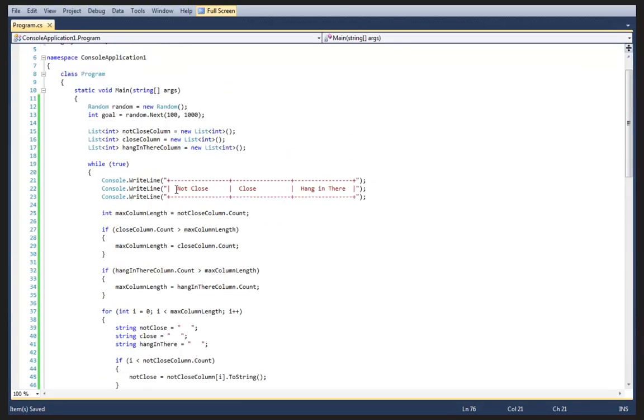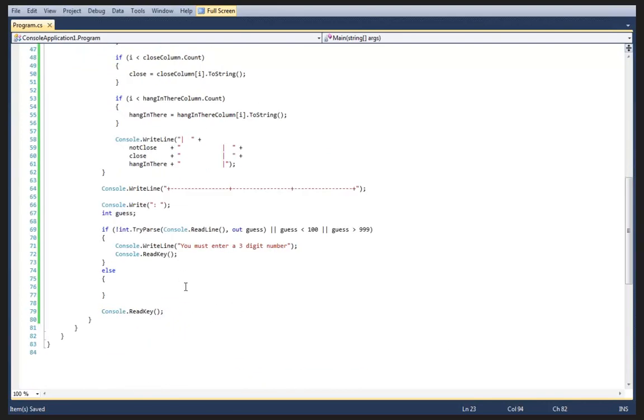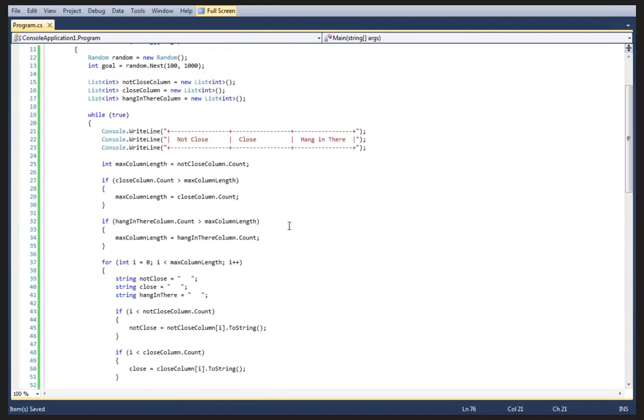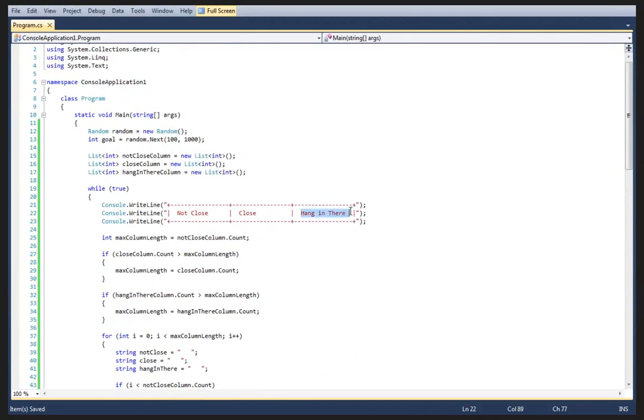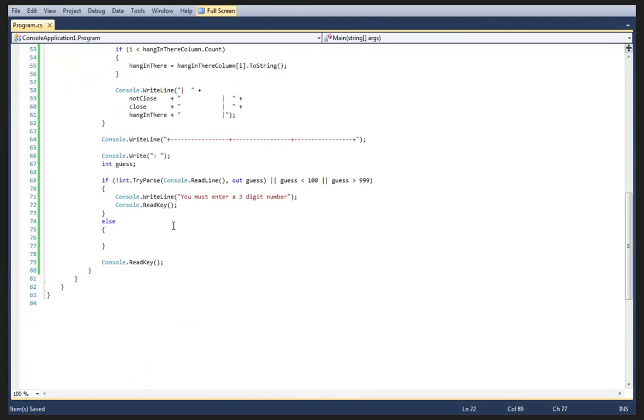And that's going to be determining which one of these columns it should go in. So the first step, I think, would be to establish if any of the numbers line up with, well, the first thing to do is to see if they actually guess the number. So we can say if guess is equivalent to goal, then we can say console write line